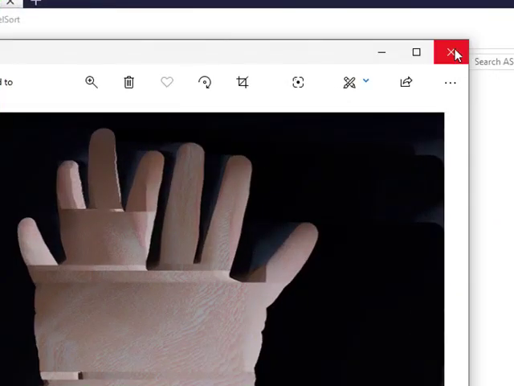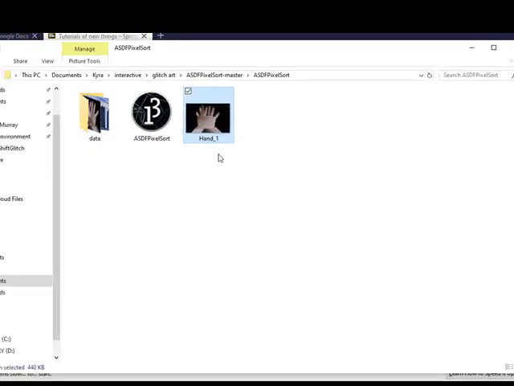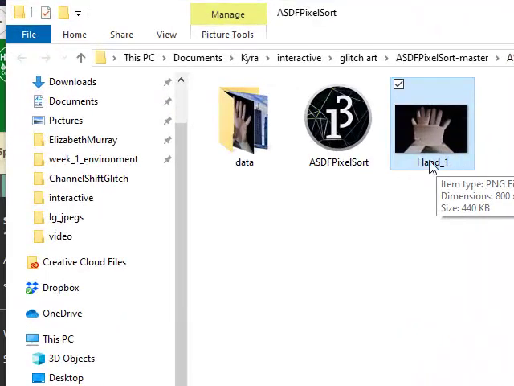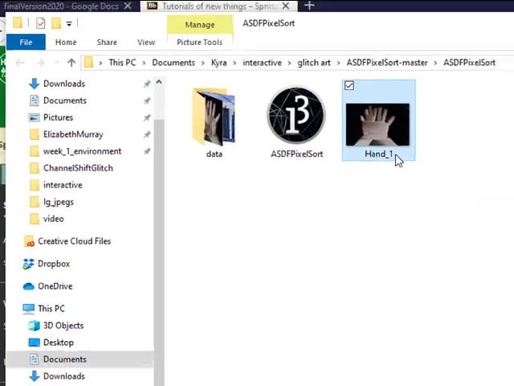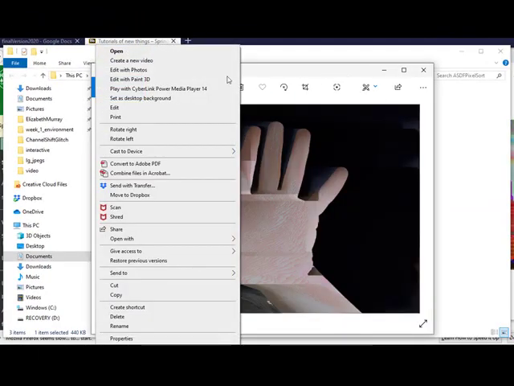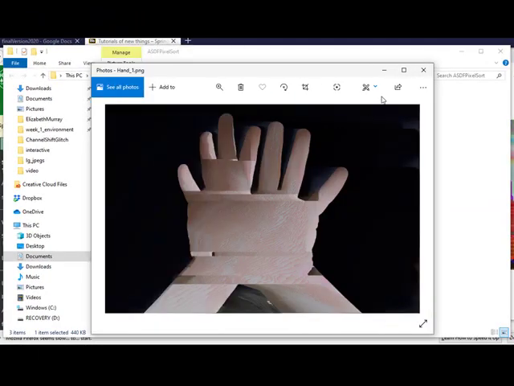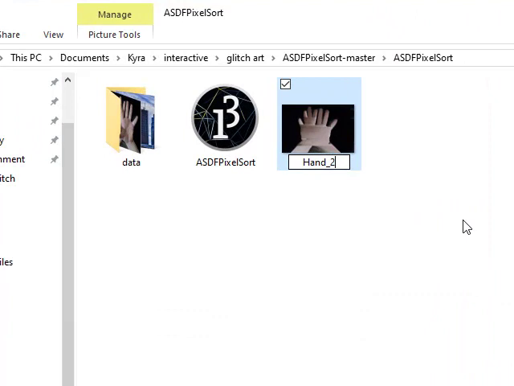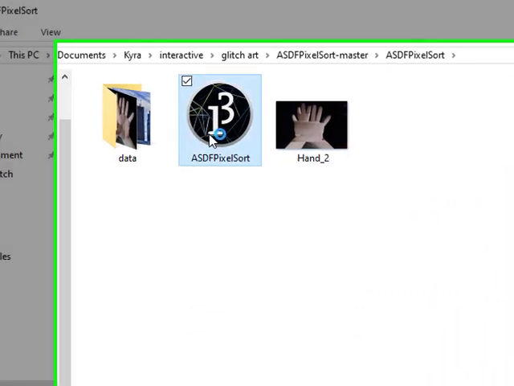Now, every time you press play, you should get a different result, and each one gives you more of a variance. So if you want to keep this one, you want to make sure that you rename it, because that's what the next one's going to be called. So I will rename it, and I'll just call it 2. Okay, and then if I want to play it again,